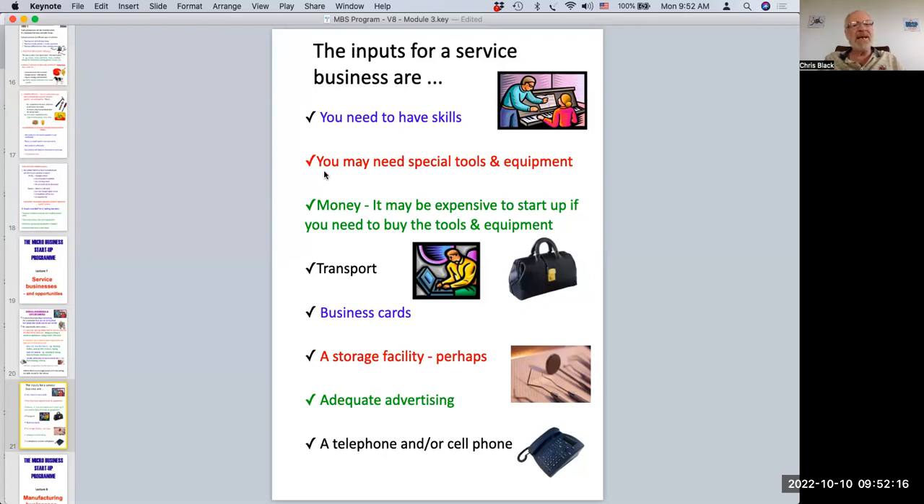Now, the second point is, in most service businesses, you need special tools and equipment. So look down here. You see this little slide over here? That is very specialist equipment that a dentist needs. Imagine you walk into a dentist's surgery and you're sitting in the chair and you happen to glance to the right, and on his table, there is a hammer, a drill, a chisel, and some kind of mirror to see inside your mouth. You're going to get very scared